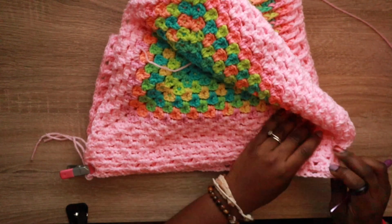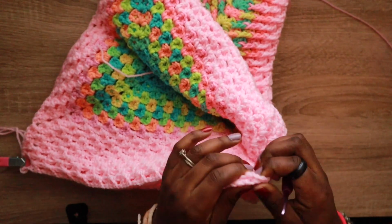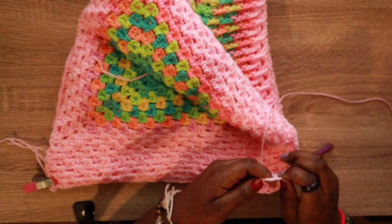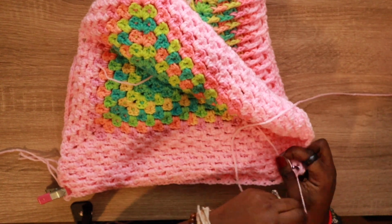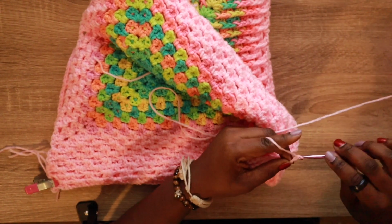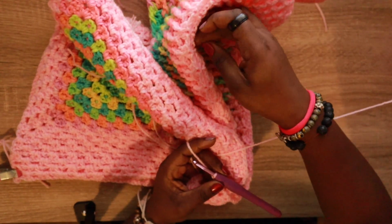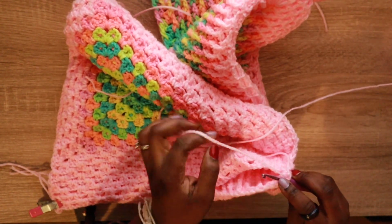like that. And then we are going to attach our yarn to the chain, these little chain 3 spaces right here at the corner. Okay, so let's attach our yarn. And then you are going to chain 3, 1, 2, 3, and you're just going to attach your yarn how you attached your sleeves. So you're going to chain 3, and then you are going to insert your hook into the middle stitch